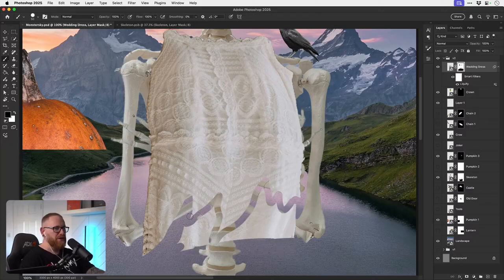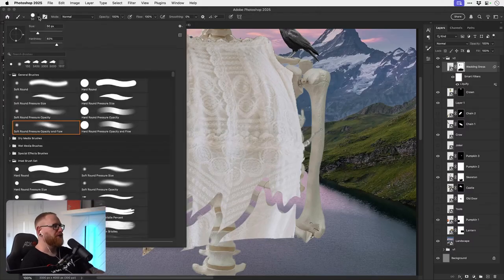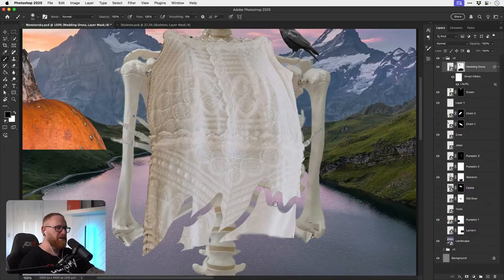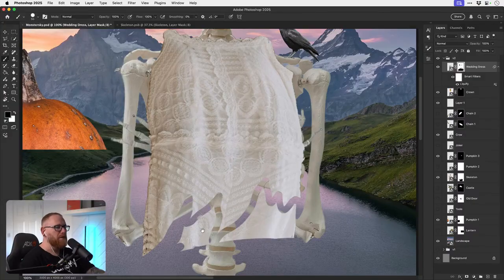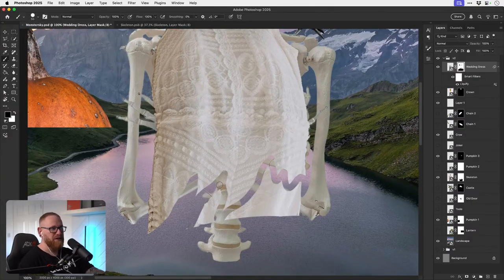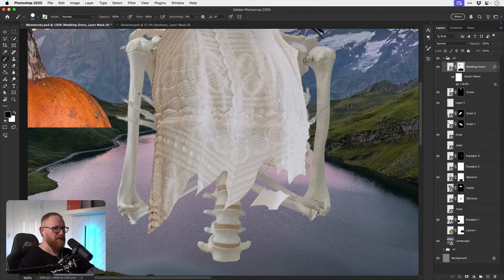Definitely do not use a soft brush for shaping and sculpting. I see this sometimes. You get a fluff. If you do this, watch, you get a fluffy edge. We don't want a fluffy edge. You only want a soft edge with a hardness of 0 when you're doing shading work, shadows, highlights, that sort of stuff. If you're cutting out masking like this, you want a nice hard edge.